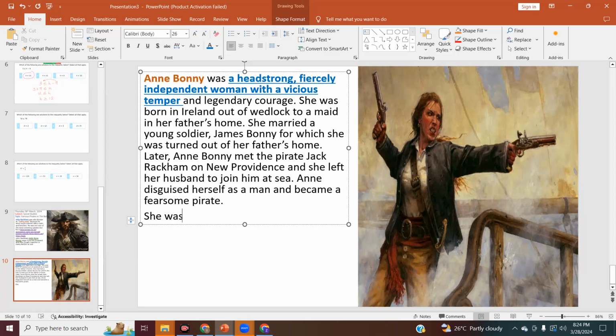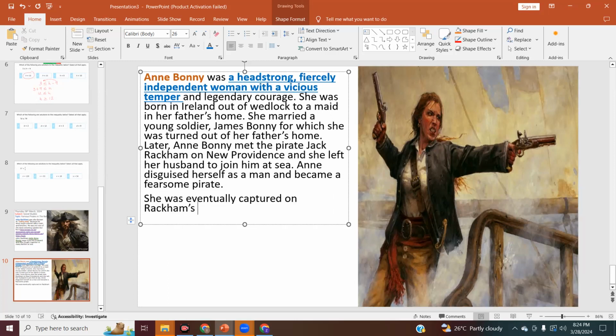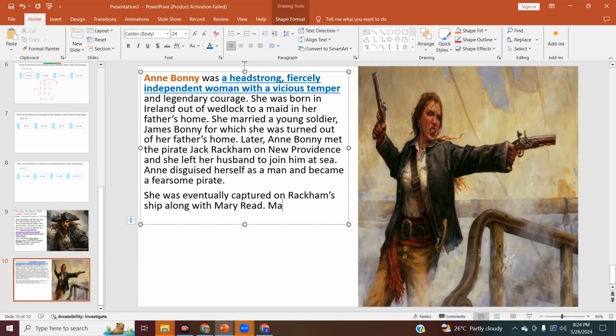She was eventually captured on Rackham's ship, along with Mary Reed. Mary Reed and Anne Bonny